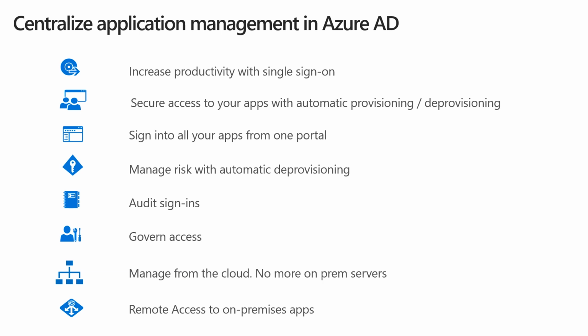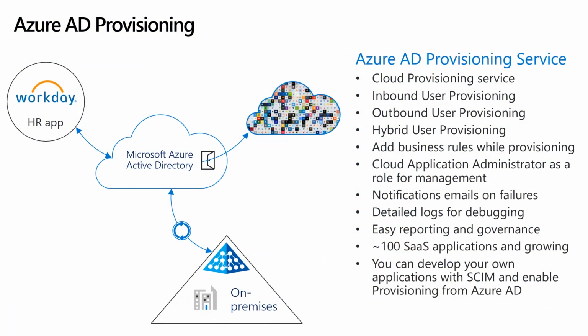You can remotely access your on-premises solutions without a VPN. That means you're not putting a boundary around your organization, and users can still access all these applications remotely. And the main thing is that everything is managed from the cloud. That means you do not have to use a VPN or remotely access certain servers to manage your infrastructure, but you can easily do it from the cloud.